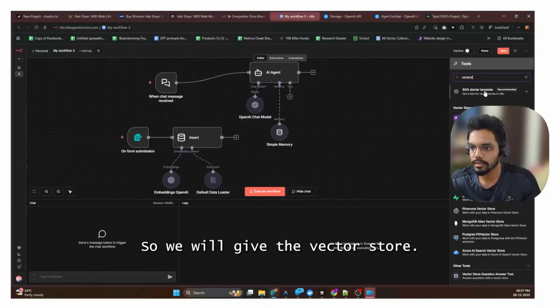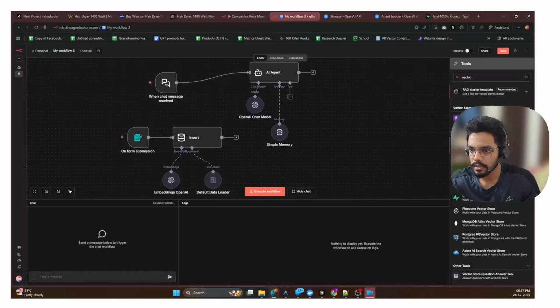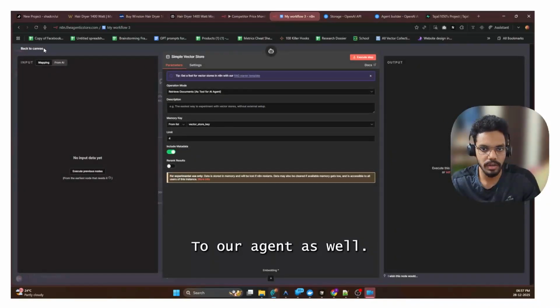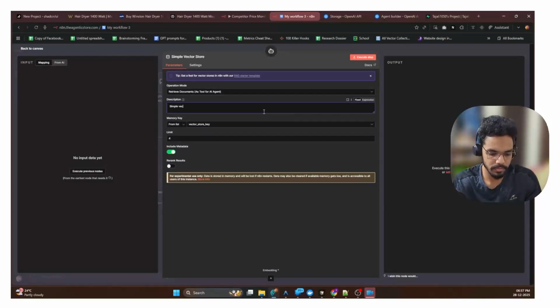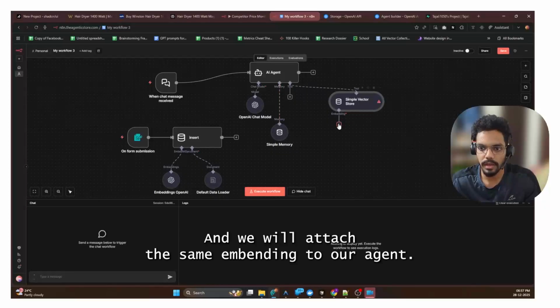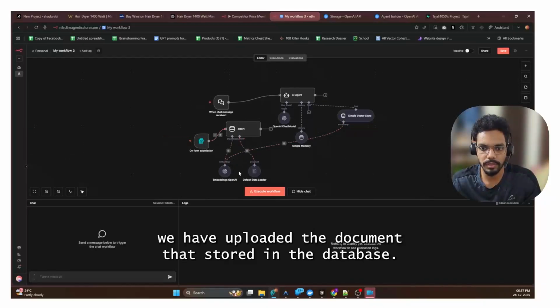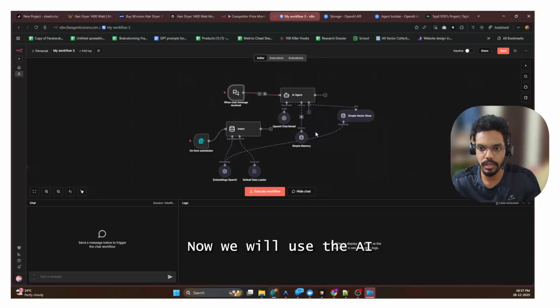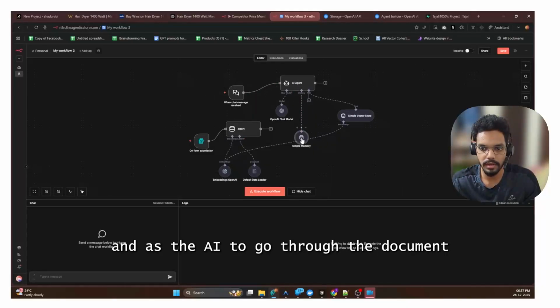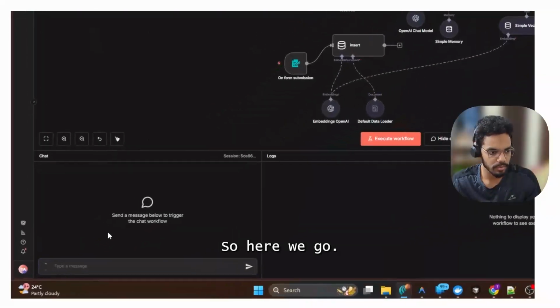So we will give the simple vector store to our AI agent as well, and we will attach the same embedding to our AI agent. As you can see, we have uploaded the document that's stored in the database. Now we will use the AI and ask it to go through the document and get the data for us. So here we go, we will ask